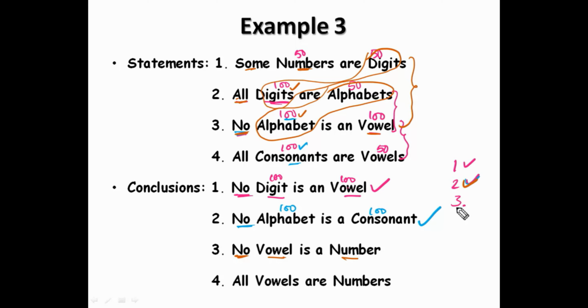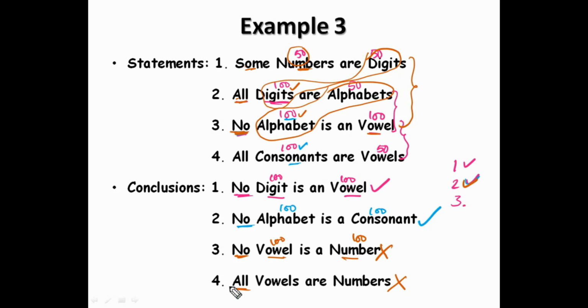Now the third step, income and expenditure. No means we need 100 and 100. For vowel and number we need 100 and 100. But how much income does number have? Only 50. We cannot spend 100 with that 50 income. So that's why it does not follow. Next, vowel and number, the same. Number is here and vowel is here. First one, positive and positive, the result is positive. With that positive, negative, the result must be negative, but given positive, so that also fails. Sorry, step 1 itself is not satisfied, that's why it does not follow.